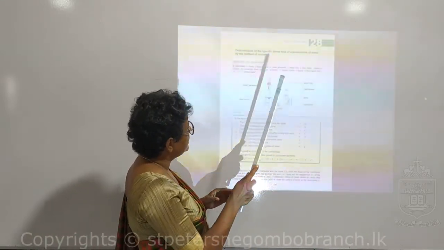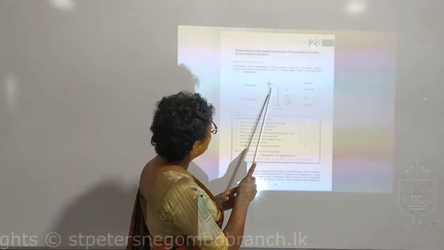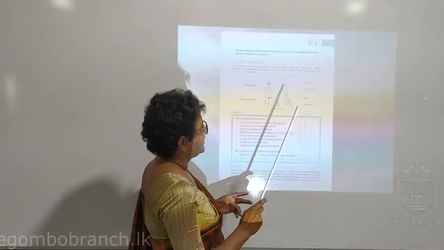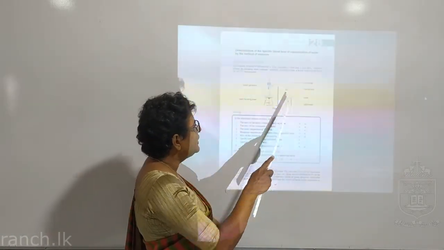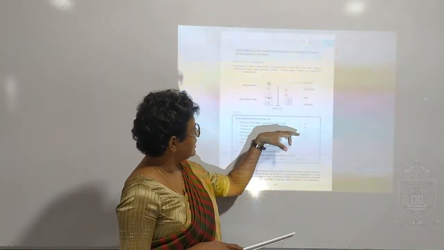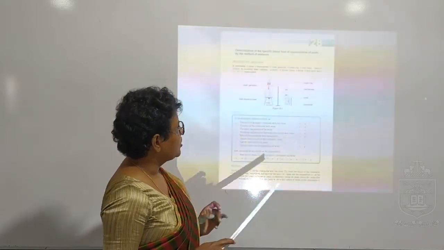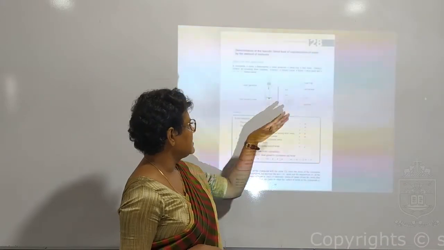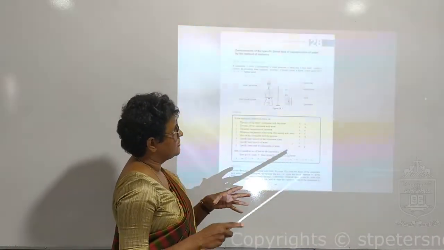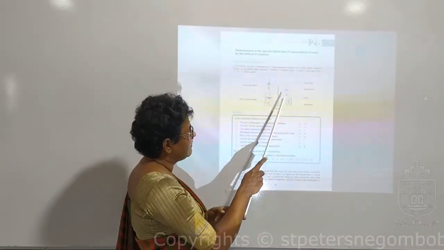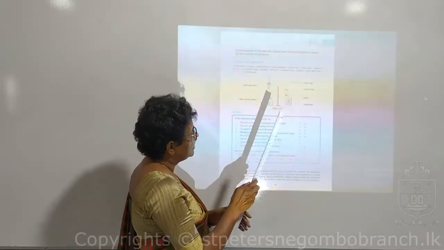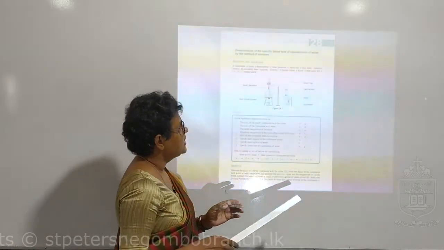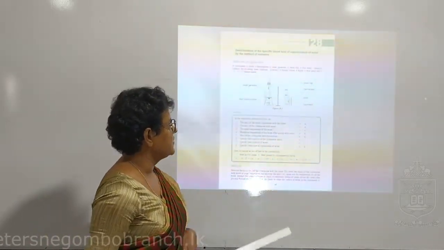There is a thermometer, and this is connected to a steam trap, because we are not directly putting this steam into the calorimeter water, because that will condense and the water will increase here. So we need to put only the steam. Therefore, we use a steam trap and this curve shaped tube, and this tube will touch the surface of the water and the steam will come to the surface of the water.